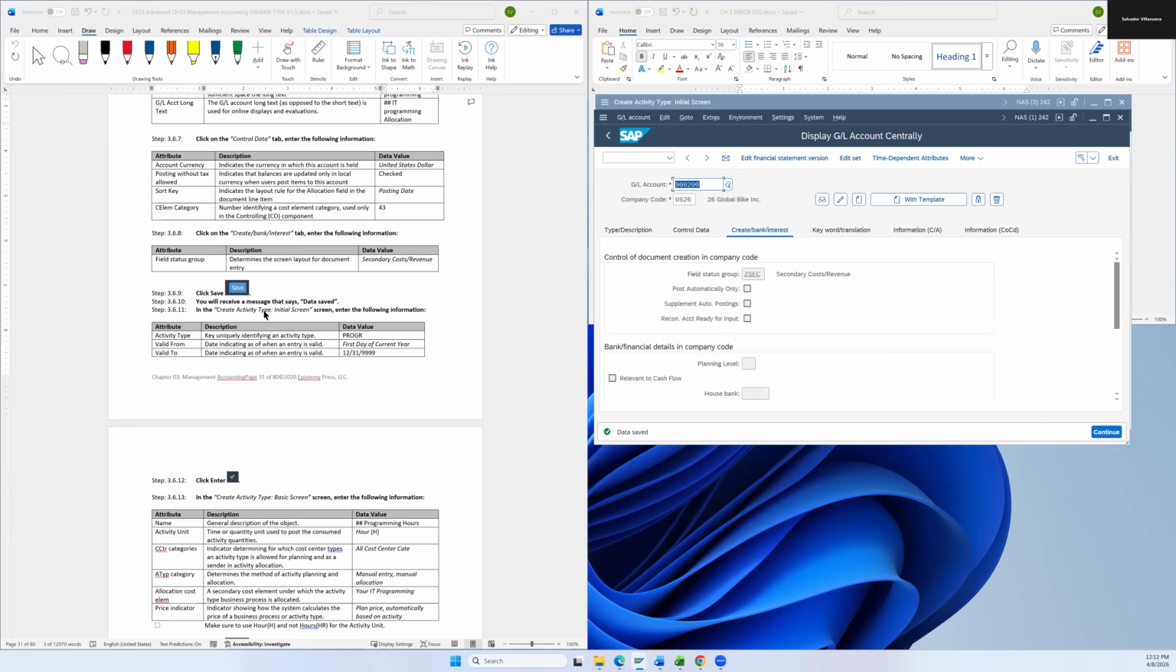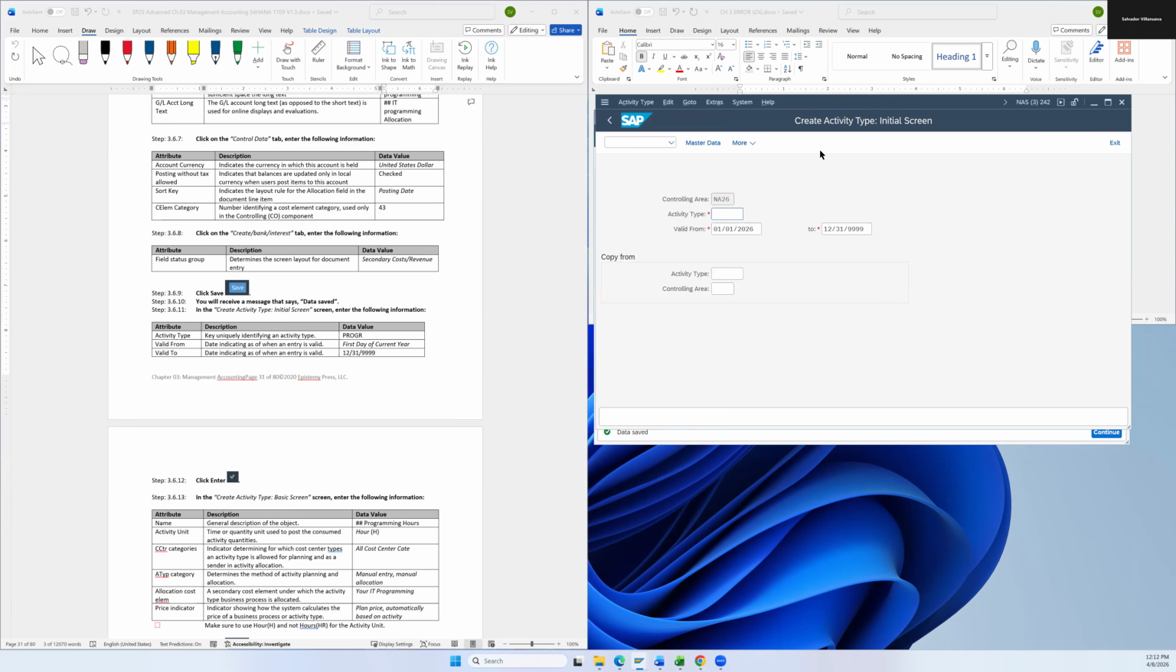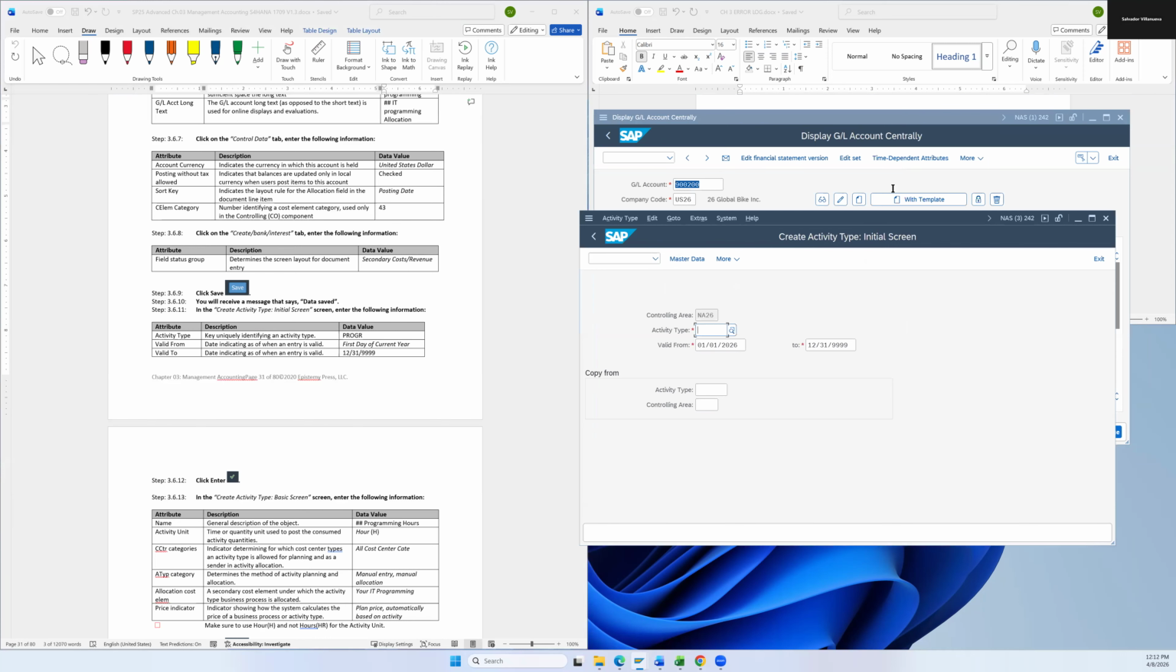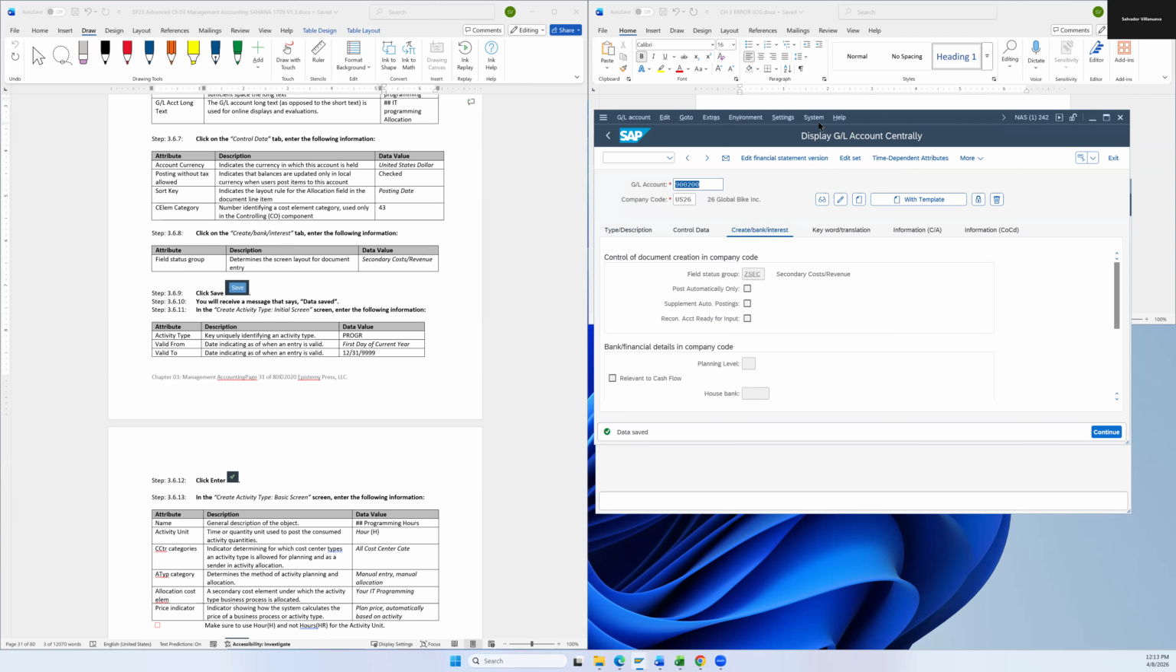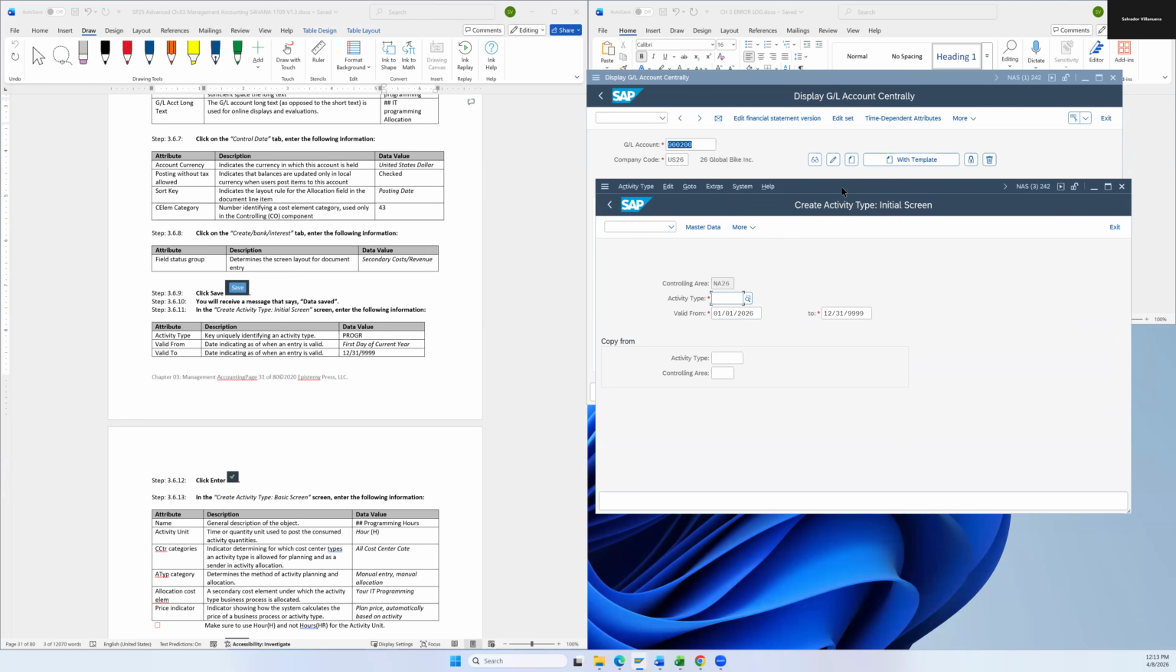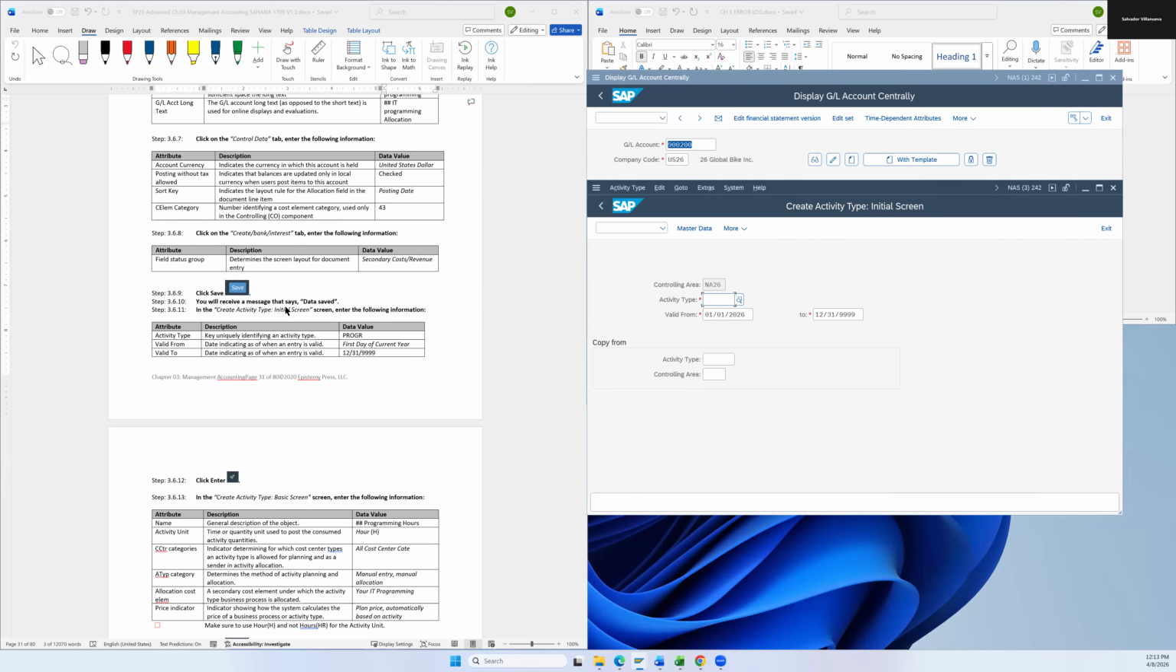All right, in the create activity initial screen, I think that was our other GUI. Accidentally clicked on the other one. But yeah, I think that's our other GUI we had open. So it says in the create, yeah, because this is the one we just saved right here. And the other GUI we had open that we didn't do anything with yet is this one. And that's where it's saying in the create activity type initial screen,